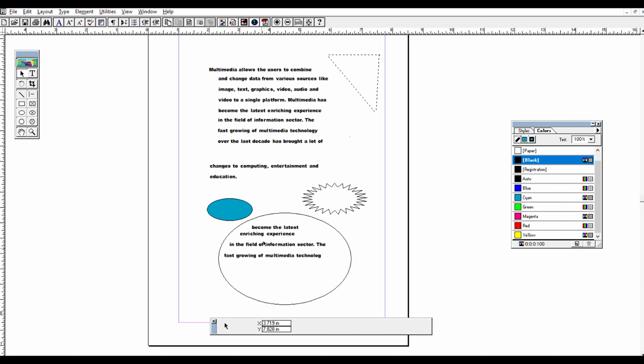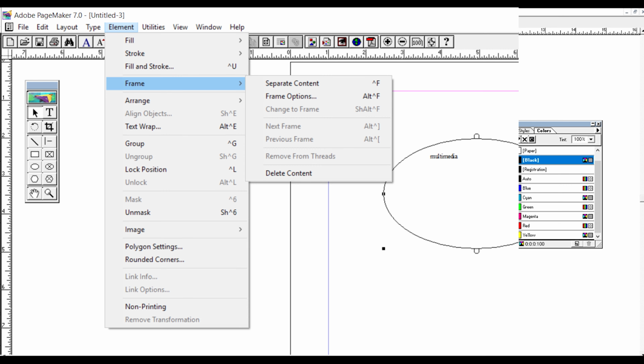We can first separate this text from the frame. For separating, first you have to select the pointer tool and select the object, and then go to Element. Can you see the Element menu here? Go to Element and then select Frame. From there, if you want to separate it, just give Separate Content.